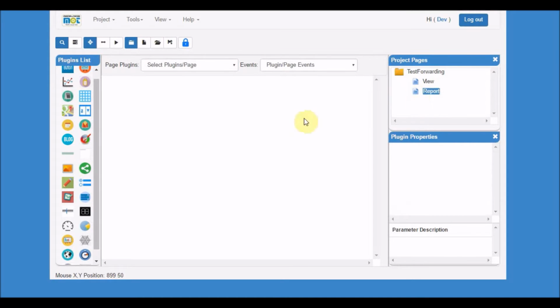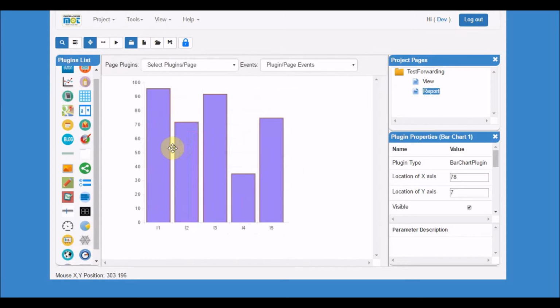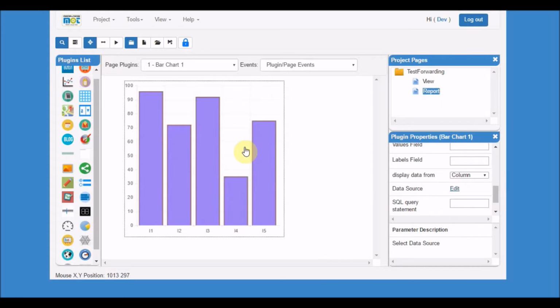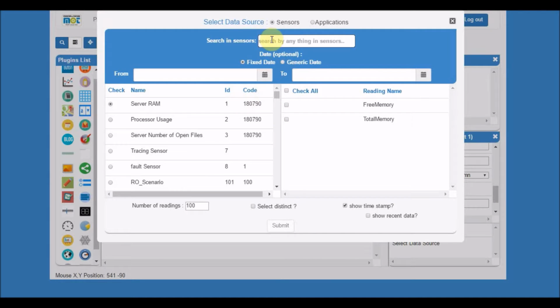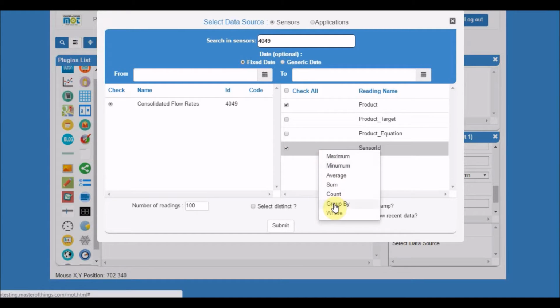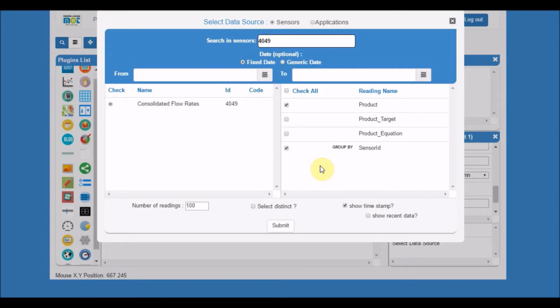In this page, I will drag a bar chart plugin and configure its data source to be the sensors we have, which is 49, and usually I will choose the interesting reading to show and its reference sensor ID, and make sure that I am selecting group by sensor ID, and then